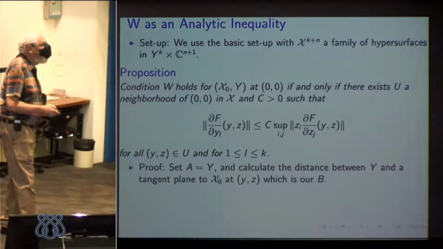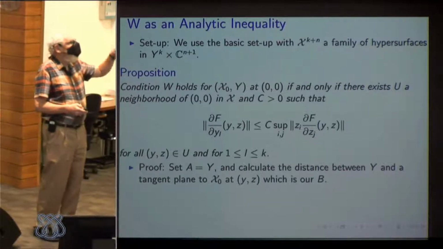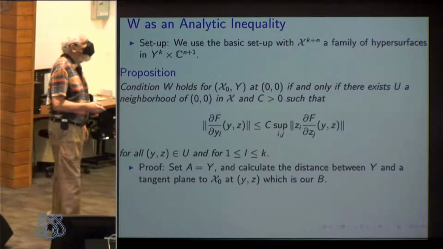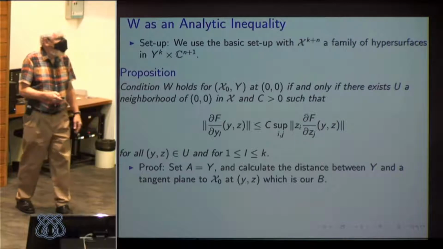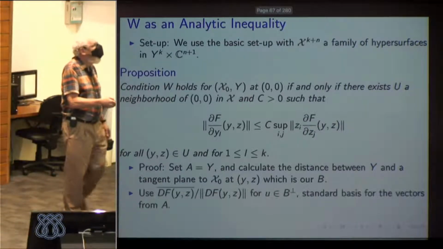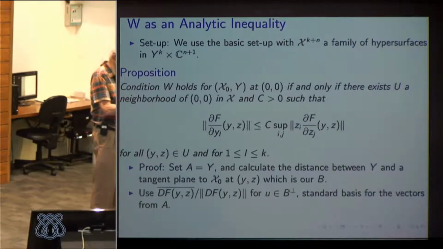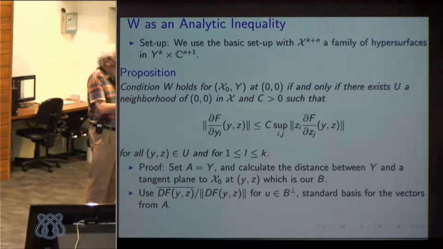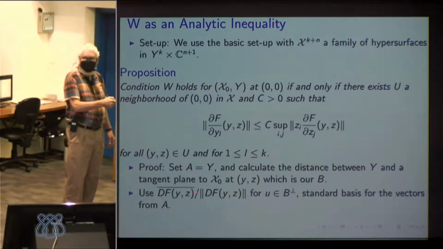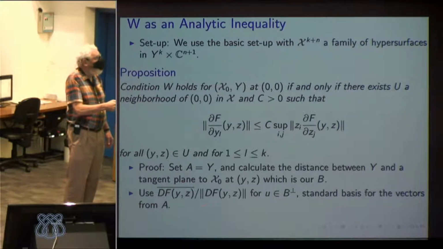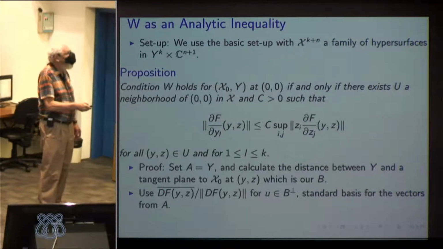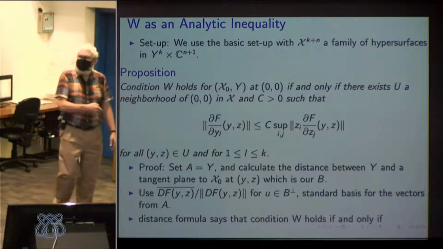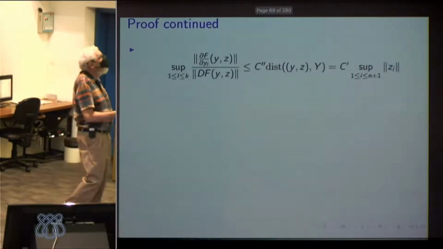So here's the proof. For simplicity, I'm just doing one, well, I guess I'm doing more than one parameter. Set A equal to Y. Calculate the distance between Y and a tangent plane to X0. For U, we just have one normal, which I've normalized here. And then we use the standard basis vectors for A. The distance formula says that W holds if and only if,